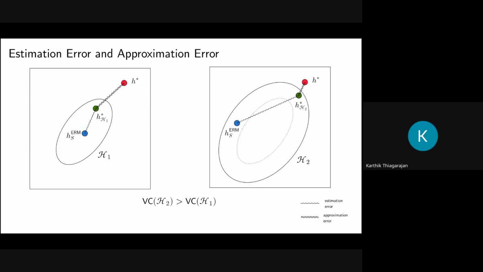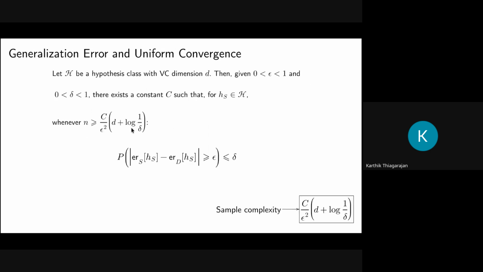You're going to overfit, right? So the estimate that you have for your classifier is going to go far away from your optimal estimate in this hypothesis class. To put it another way, the sample complexity is a function of the VC dimension. So if your VC dimension increases, the sample complexity increases, meaning for getting the same generalization bound. So if you want your train error, you can replace HS with HS ERM,